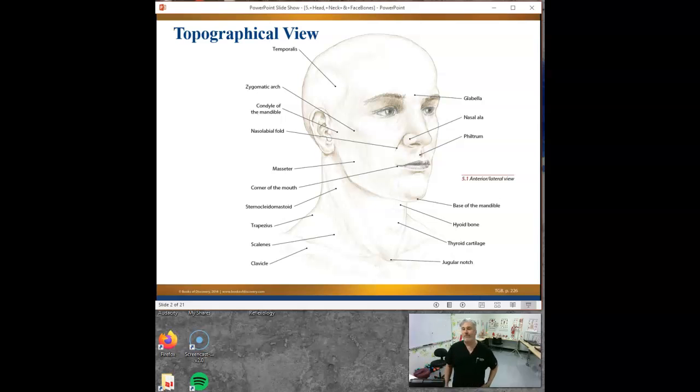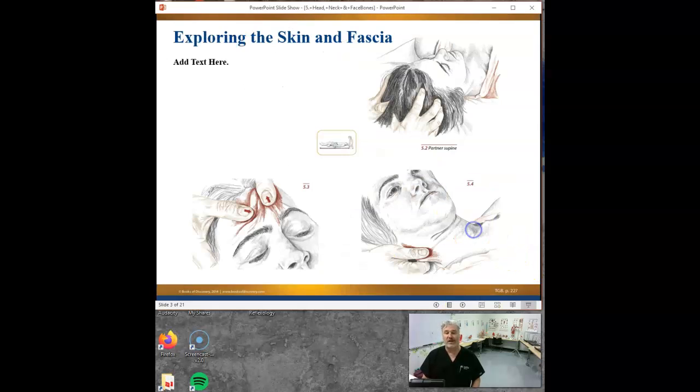We'll be talking about the bones of the skull and such, because as I told you, and you're sick of hearing by now, knowing the bones lets you know where the muscles attach. And even though I said facial muscles aren't super important structurally speaking, we are going to be learning about the temporomandibular joint and all sorts of important stuff, because you will have clients come to you all the time with